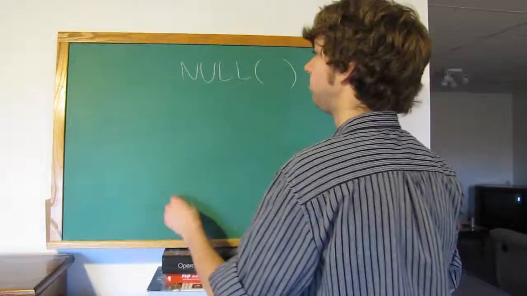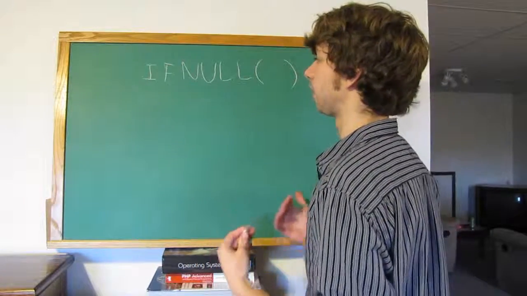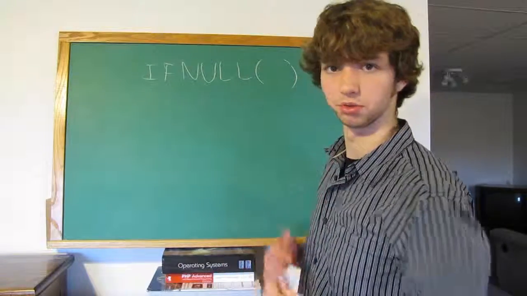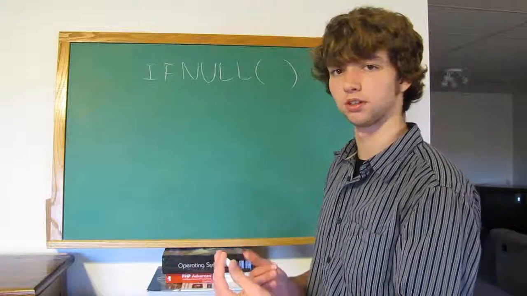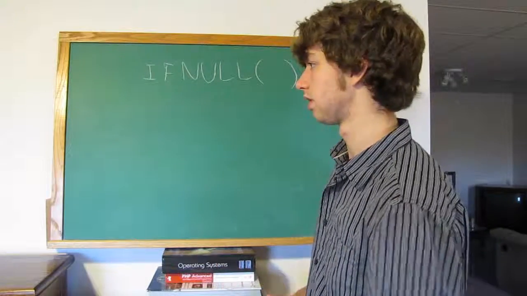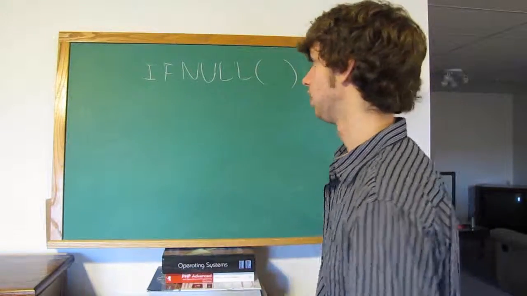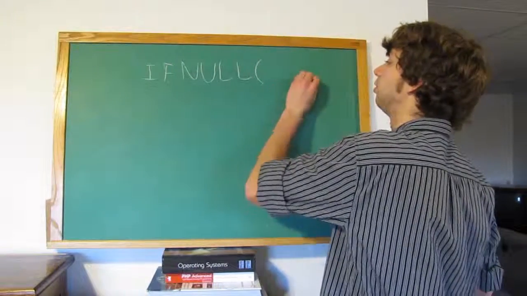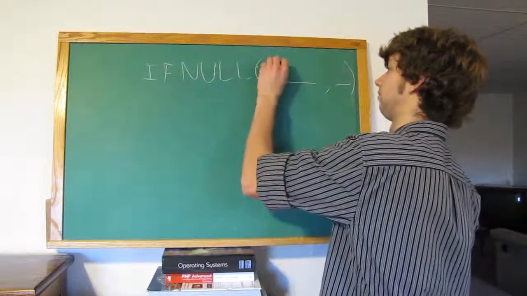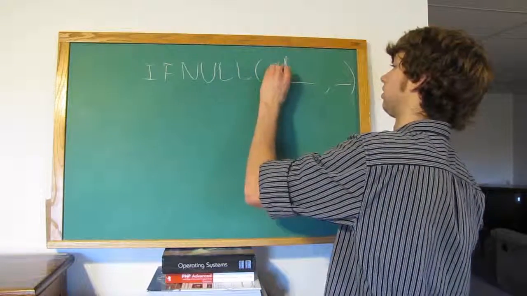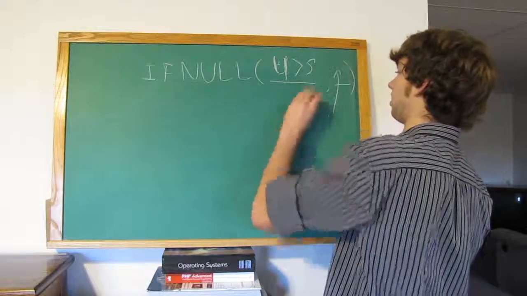We can also write IFNULL. This is not a comparison function, this is a control flow function as it is called. This will basically test things and do things based on the test results. I will be getting into some more of these in the next videos, but for this example, it can be like this. We can give it a value here, and if it's null, it'll do this. So we can say 4 is greater than 5, and then here I can say